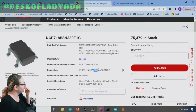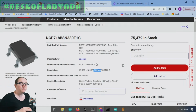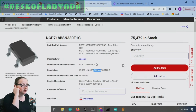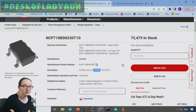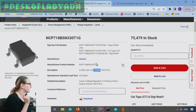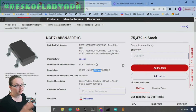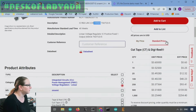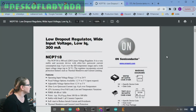This one, if you have 5 to 9 volts, will give you 300 milliamps out. As long as you're within the power capabilities of this package, you can get 300 milliamps, which is kind of nice. Maybe you're negotiating only 5 volts. The dropout's small enough that this 300 milliamp drive won't dissipate too much heat. The price was really nice, it was only 25 cents. What a good deal. And then, looking at the data sheet,